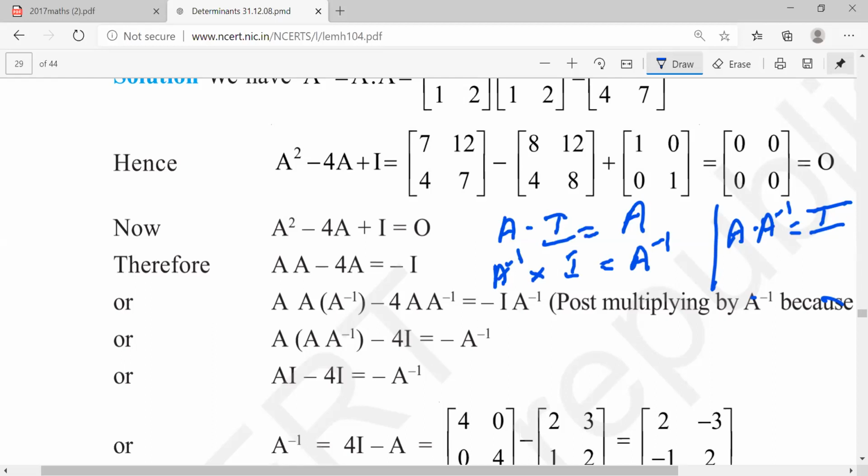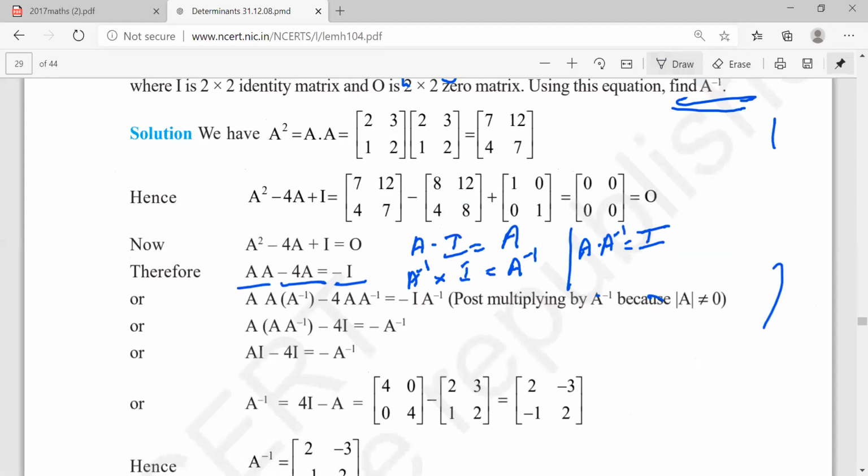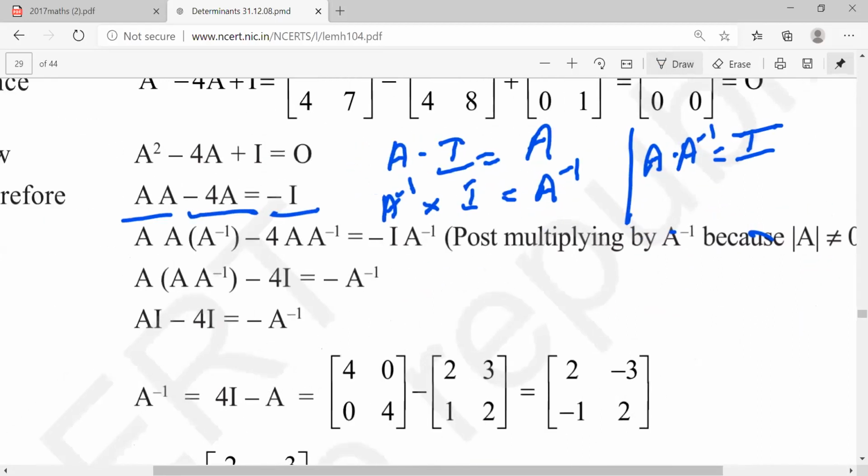So what we have to do is a very simple thing. 4A minus I is there, A into A is given. So multiplying everything with what? A inverse. Multiplying the full thing by A inverse. What happens if I bring this into the RHS? This will become 0. So what is our A into A inverse value? I. That's it.